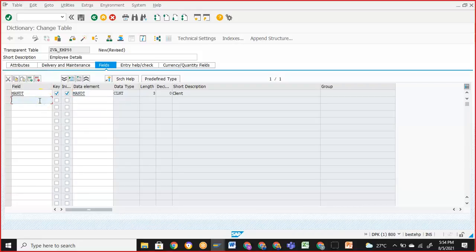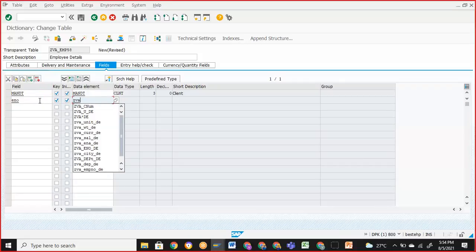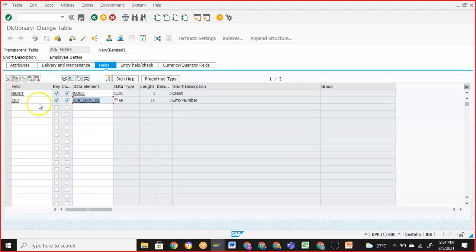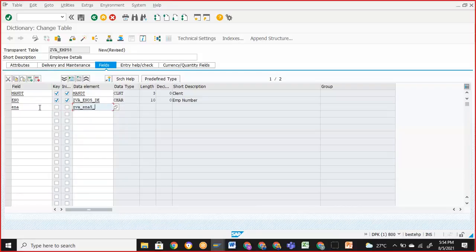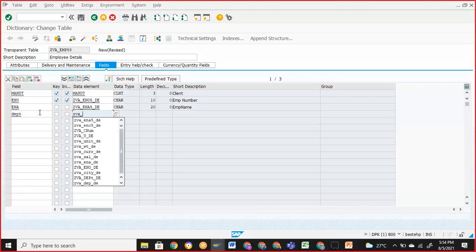Then the second name is ENO, ZVA underscore ENO5 underscore DE. Then we have ENA, ZVA underscore ENA5 underscore DE. Then we have DEPT, ZVA underscore DEP5 underscore DE.